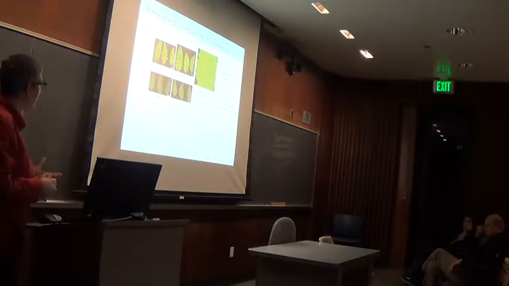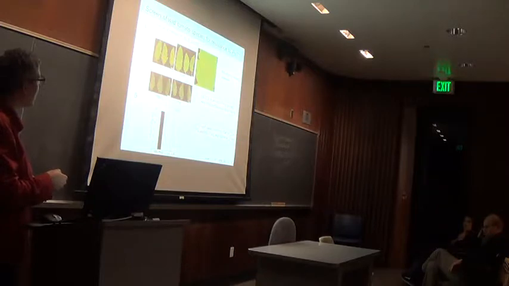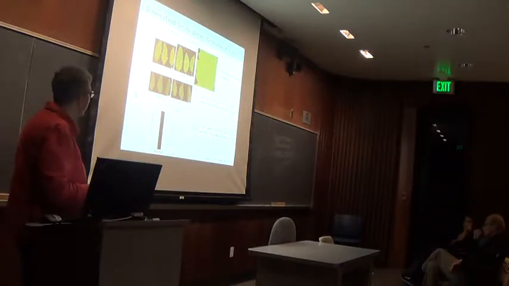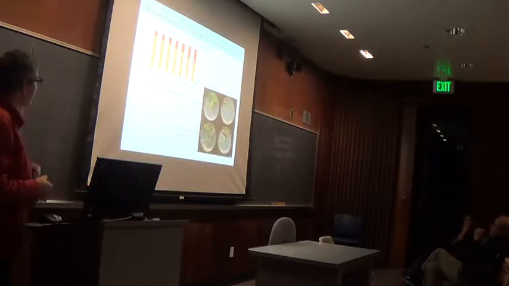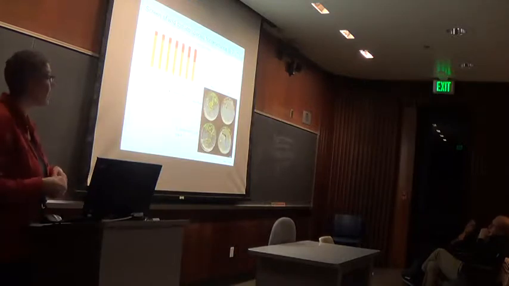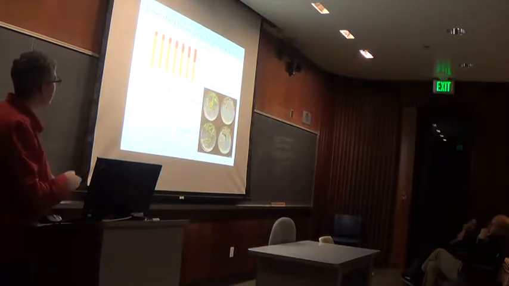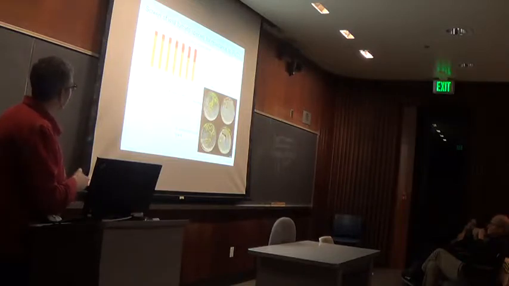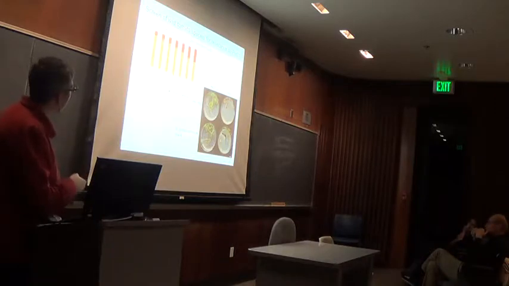And again, we could quantify this difference. In the susceptible background, we have about log 6 growth, and then about a log reduction of bacterial growth in the resistant accession. So Jana has continued this screen and has identified multiple resistant lines in addition to these two that I've already mentioned to you. And I'll just take a few minutes to tell you about one of these lines, which we call